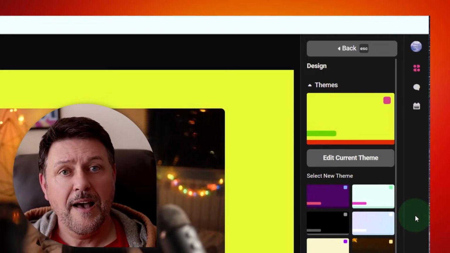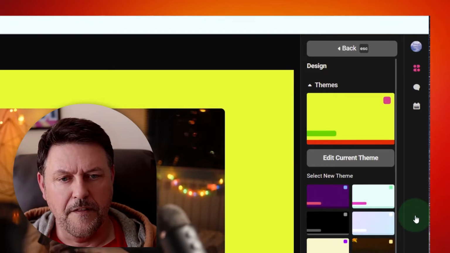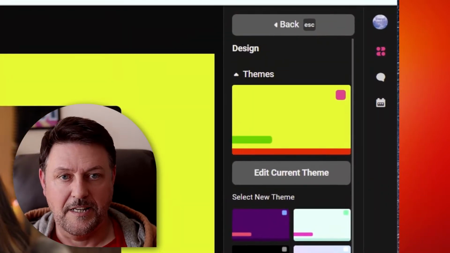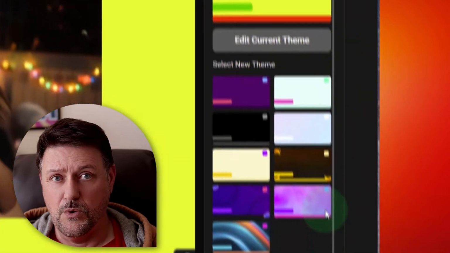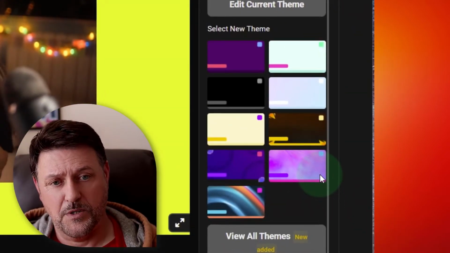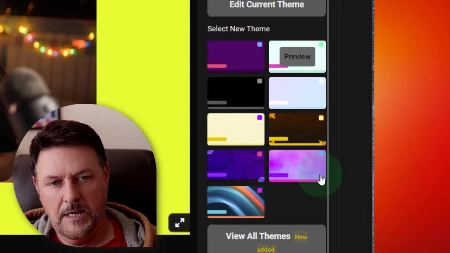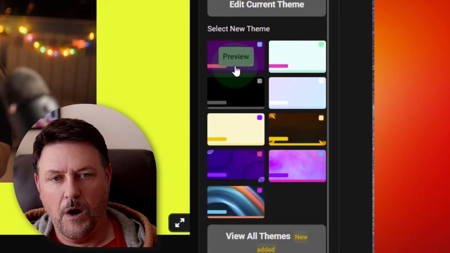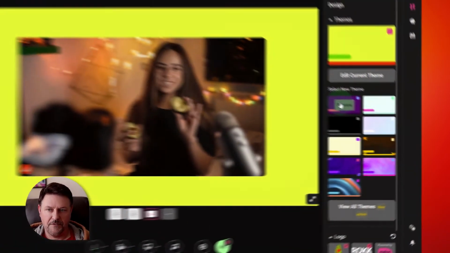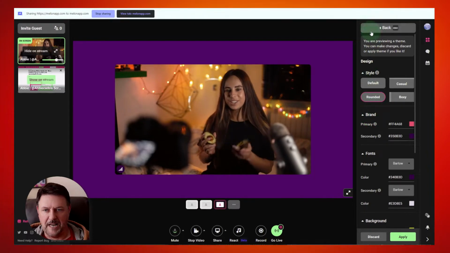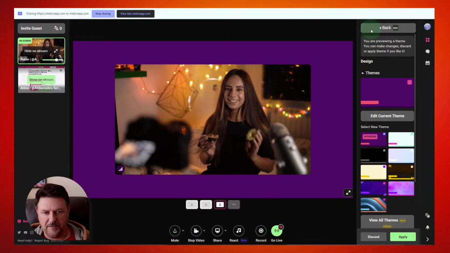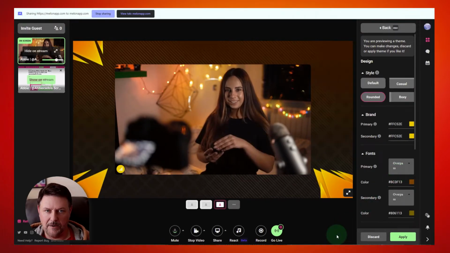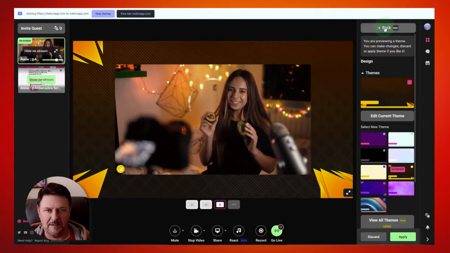When you have the free version of Melon, you'll find that there are some themes down here that you can use, but most of them will be locked until, of course, you upgrade to either the standard or the premium subscription, in which case they become available to you. Now, these themes will have everything built in, fonts, colors, the whole 9 yards. So if we choose this one, for example, we can see that Abby has now got a purple background. If I choose this one, she has a brown background with some spiky yellow things going on. And if we go back to our default profile,